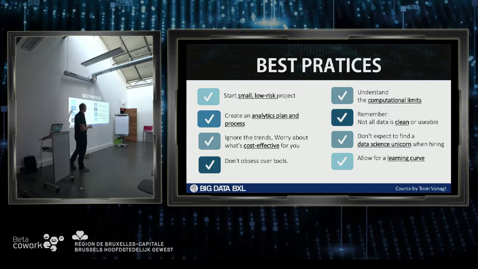No, start with thinking like, what could we do? Understand those computational limits. We haven't reached that phase yet where we can say, I'm just going to take everything I can get and look at all the potential approaches and then the predictive algorithm will roll out of it. We're not there yet. And even in the era of quantum computing, it will take a while before we really enter that into production phases.